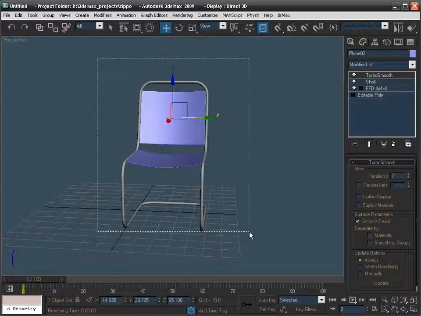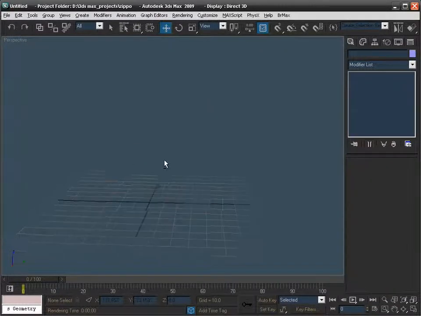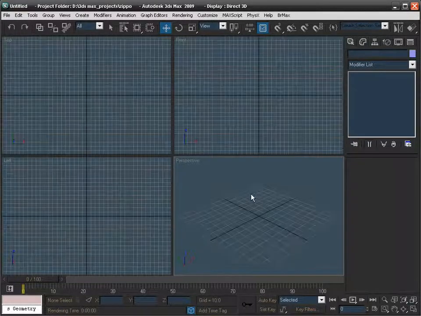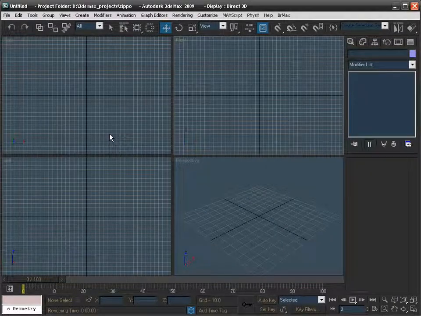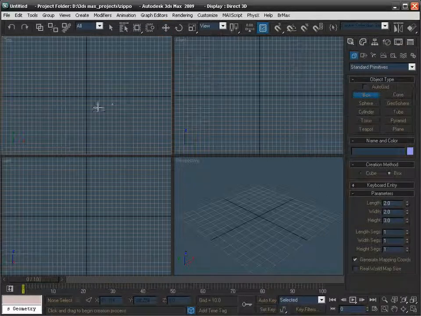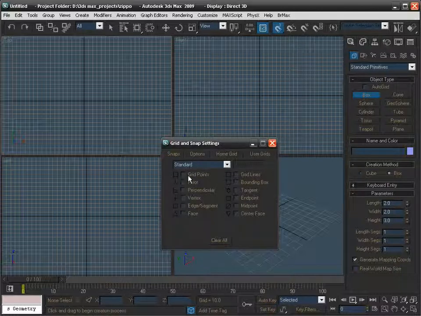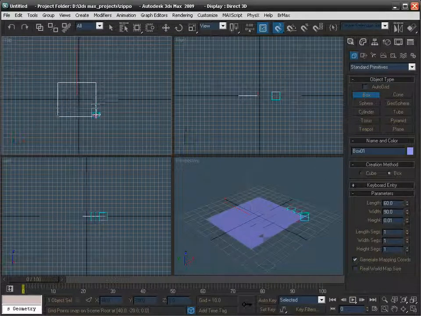I'm just going to grab and hide this, hide selection, and let's start over. So I'll be going and creating a box first. So let's do this in the top view. So I'm going to draw a box, and we can use our snaps here. So I'm going to turn them on with grid points checked. So let's draw this,